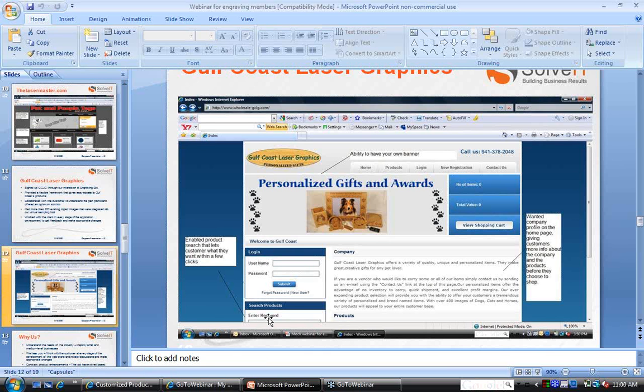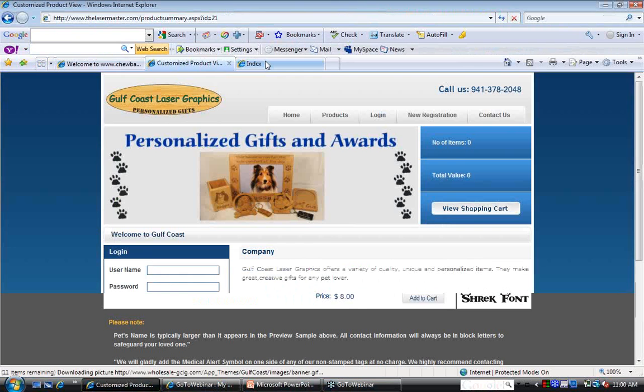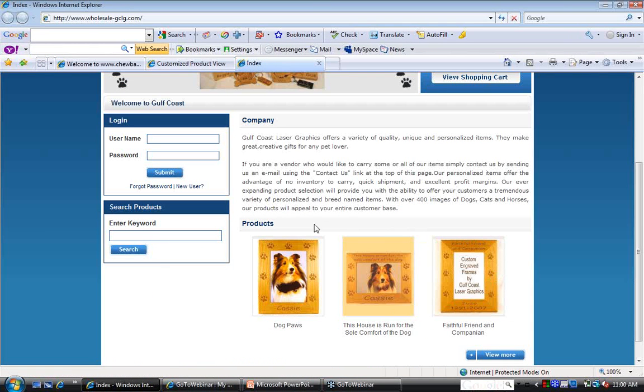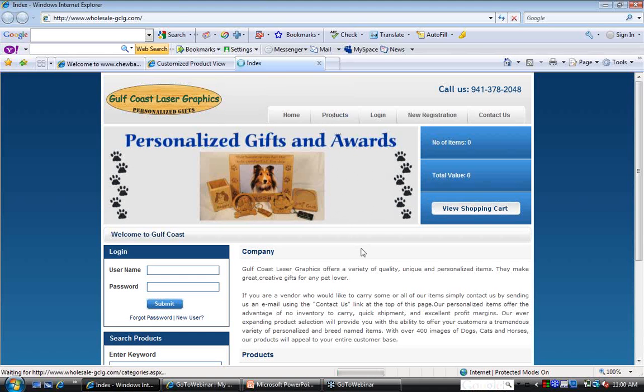So they have a lot of products in their inventory, and they're still adding more products as we speak. So they wanted their users to search for products, and to not spend more time looking for the products that they want to see. So we have a grid-like display of products based on the search criteria that they enter. So this is what I talked about. We have the products in a grid-like fashion, and you have the keyword that the customers can type to search products. I'm going to quickly show you the